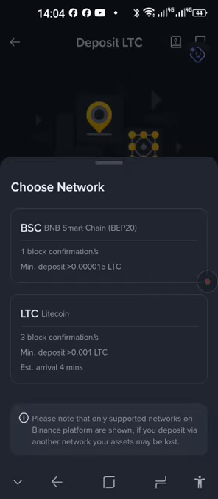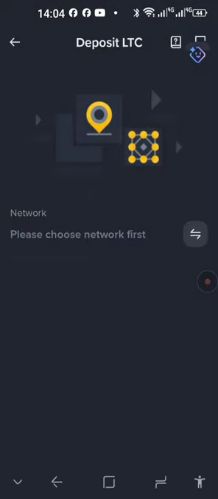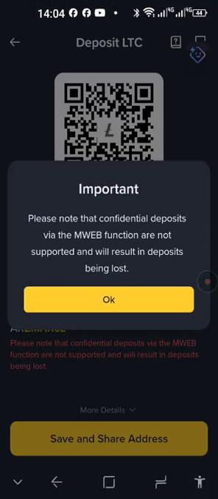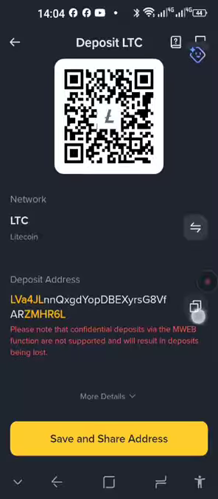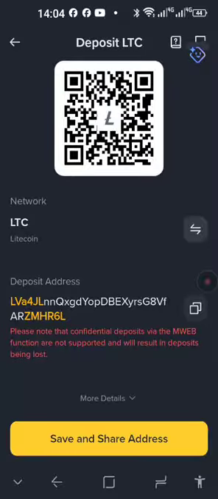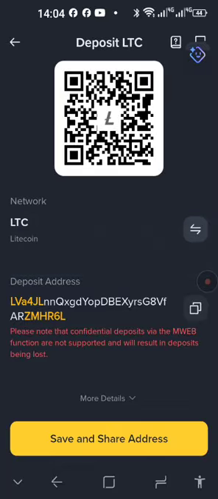It depends on what the other person or whoever wants to send you, or which address they need. Make sure that you always choose the correct network. Most of the times Litecoin uses their own Litecoin network, the default, and then you will see, it is important to read these things, but make sure you agree with it. And you want to copy your address. You can either highlight it, but to make 100% sure, you're going to use this copy icon here on the right. So you're just going to copy it until it says copied to clipboard, and you know you have copied it.